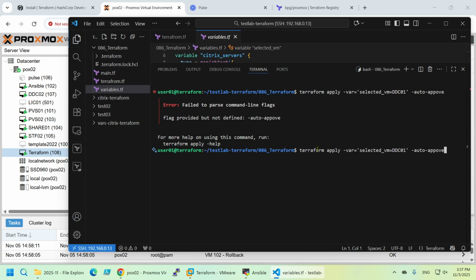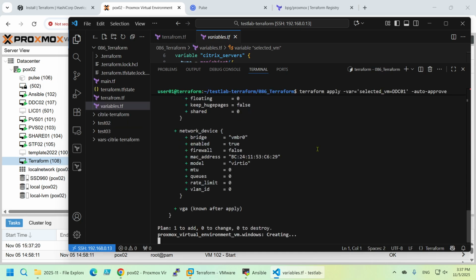DDC01 auto approve. Oh, auto. I told you I'm a bad writer. Approve. Now this is something else. Okay, and it will immediately